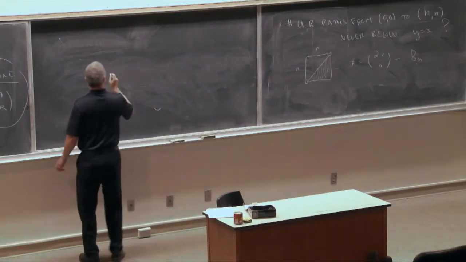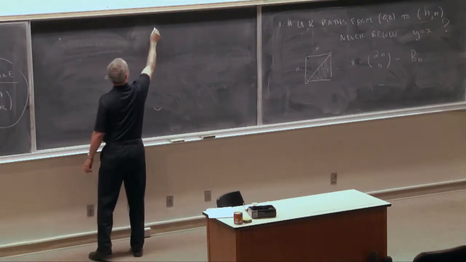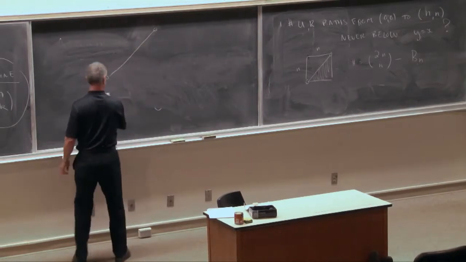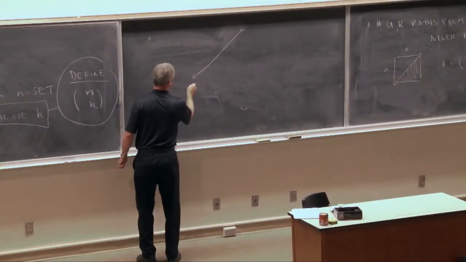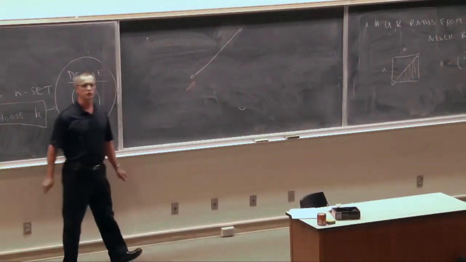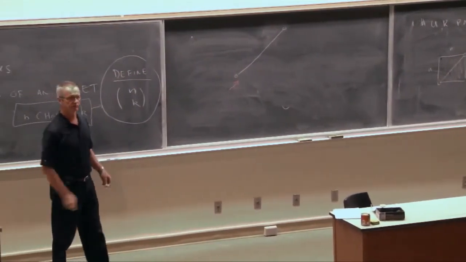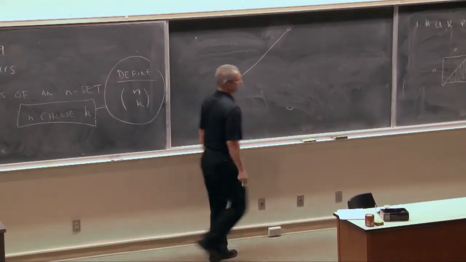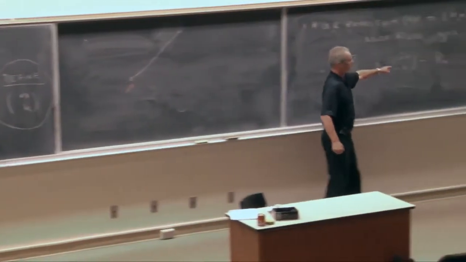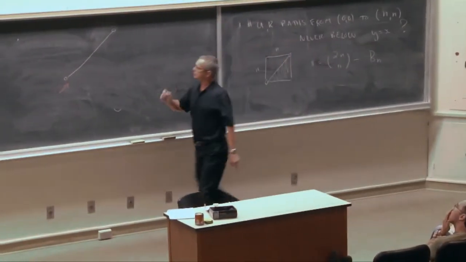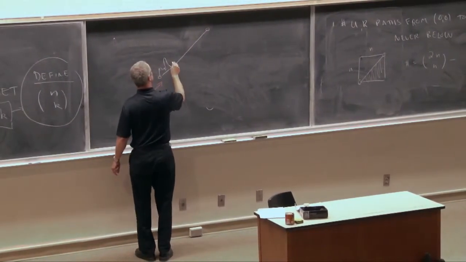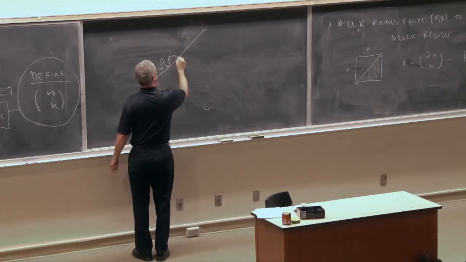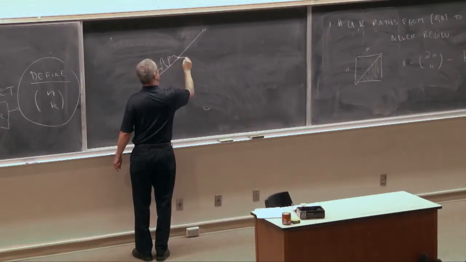Suppose I want to count the bad boys. And I set myself up there about a half a unit below the line y equals x. And I ask you to take your path. You've got 2n choose n of them, and just put the steps in order. So you put an up, and you wander around, you touch this line, you wander around, you touch this line. And the moment you stray across that line,